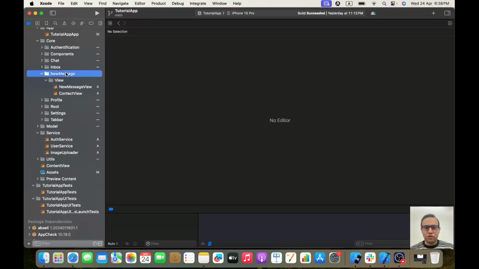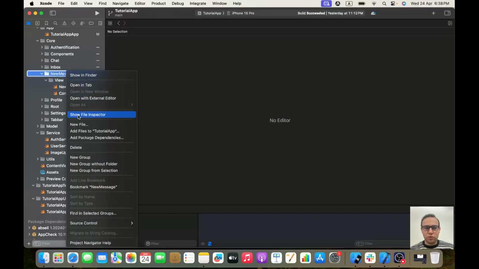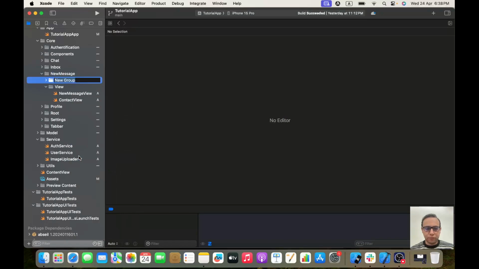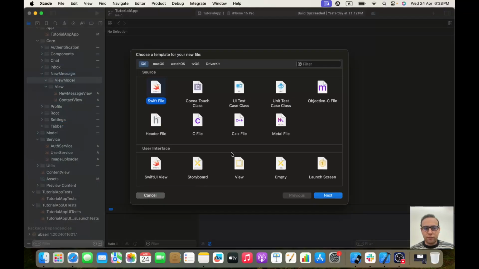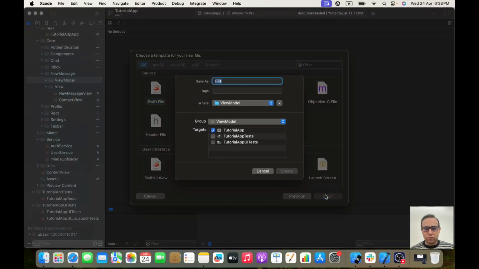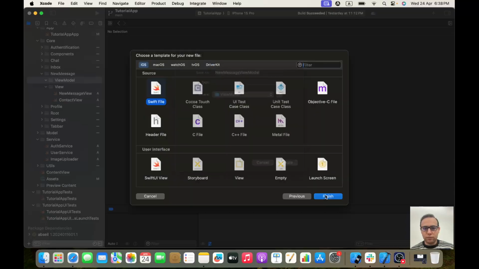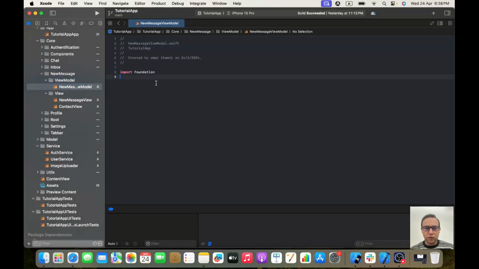Now we need to go to our new message. As you can see, we didn't implement the view model, so we will create a new group and we are going to call it ViewModel. Okay, of course, new file, and we will call it NewMessageViewModel. And here we will need to import Firebase,